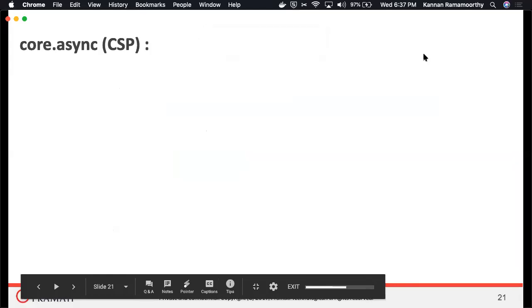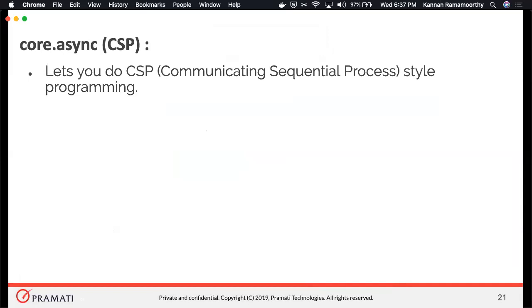Next thing, core.async. Core.async is a library under the Clojure umbrella. It lets you do the CSP style of programming. CSP means communicating sequential processes. CSP defines basic building blocks and constructs which let you create processes and communicate between those processes without much hassle. It's like an error-free method of doing inter-process communication, or in programming language terms, maybe inter-thread communication. CSP is completely backed by a theory called pi calculus. Maybe if you're interested, you can dig through it.